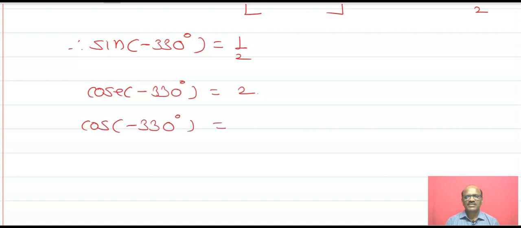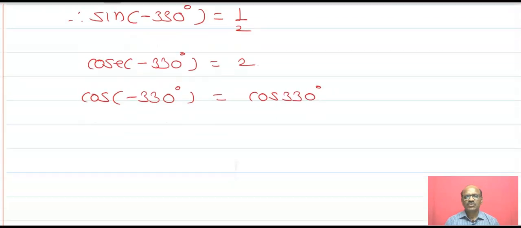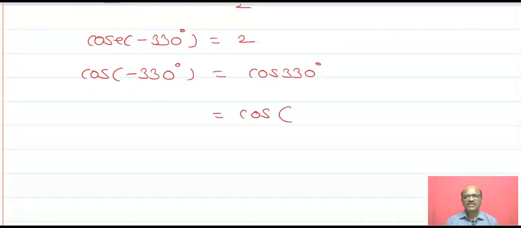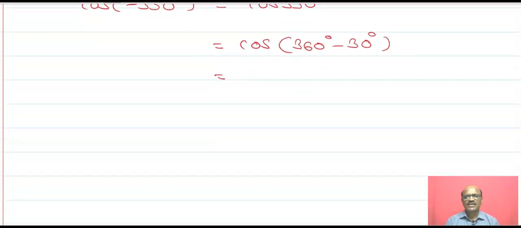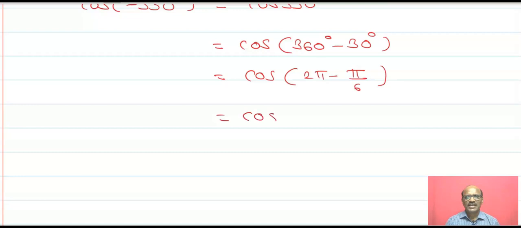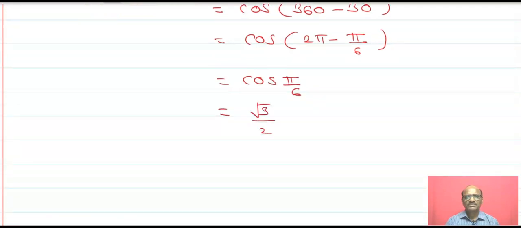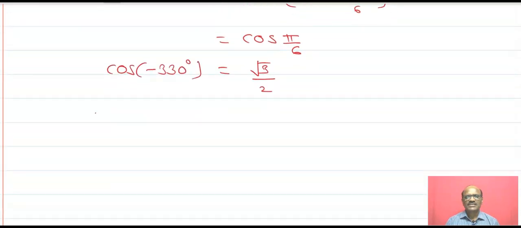Cos of minus 330, that is cos of 330, and it is written as cos of 2 pi minus 30 degree, 360 minus 30 degree, and again it is in the fourth quadrant. In fourth quadrant, cos is positive, and that's why it is cos of pi by 6, and value of the cos of pi by 6 is root 3 upon 2. Now next is sec of minus 330 is equals to 2 upon root 3,